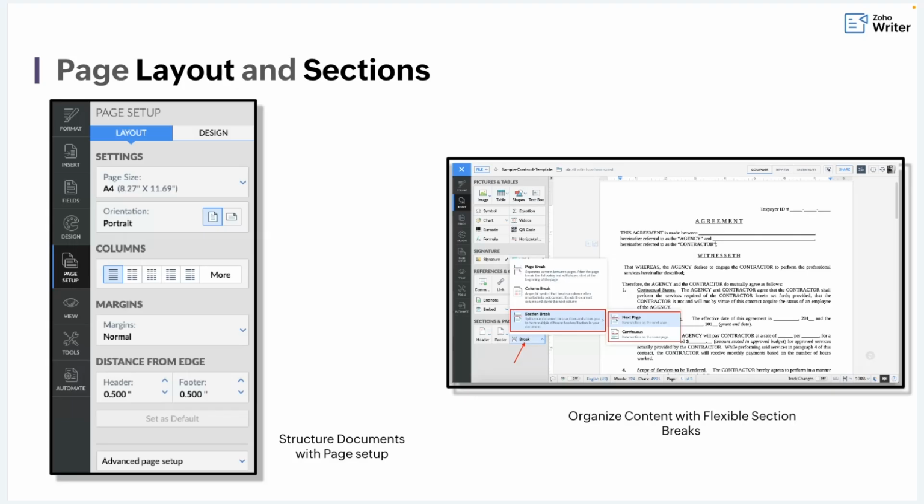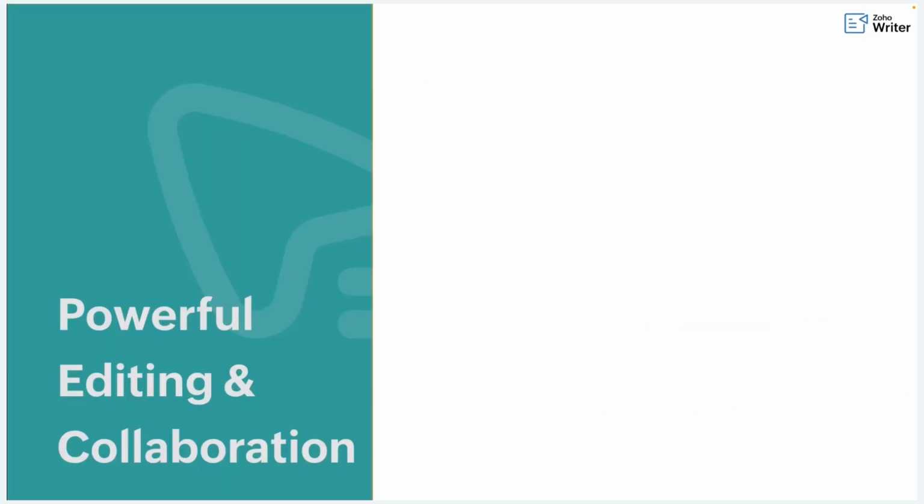Combined with custom styles and themes, this ensures that documents are both visually consistent as well as well structured. Okay, got it. So now that we have covered formatting, let's move on to how Zoho Writer helps healthcare professionals